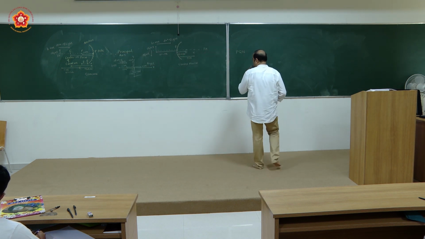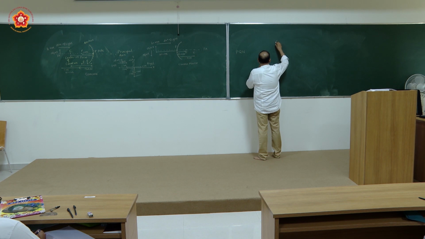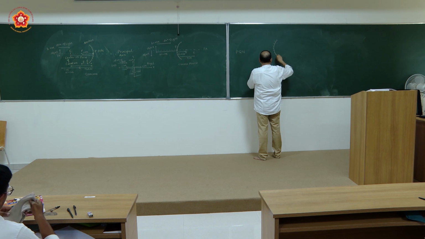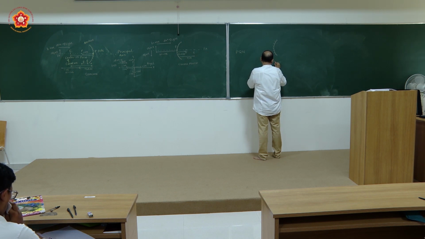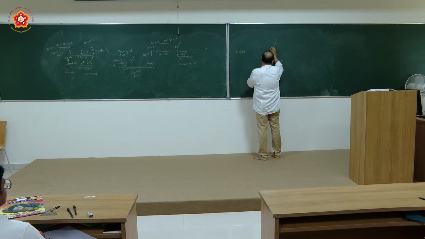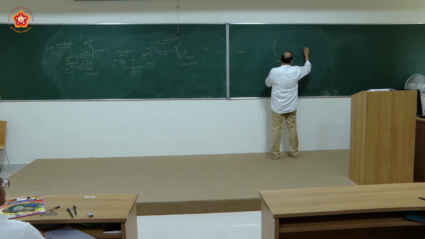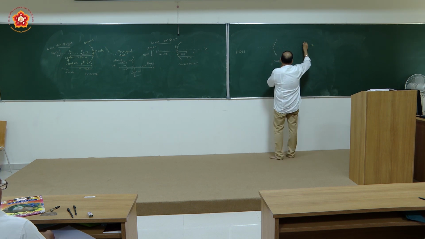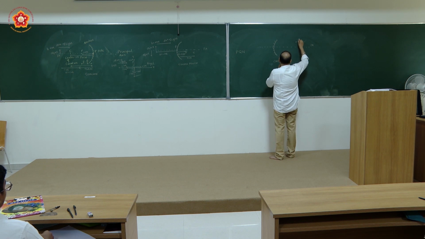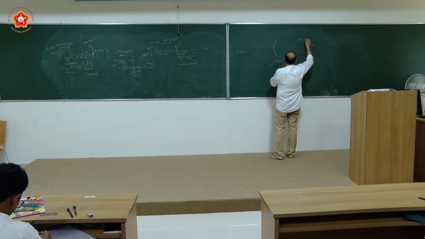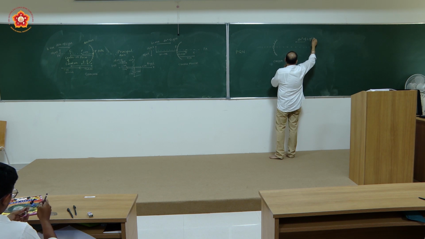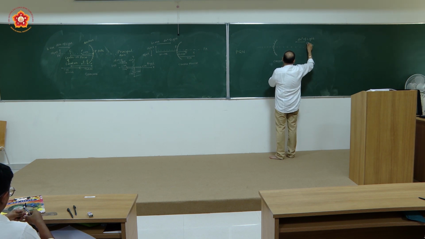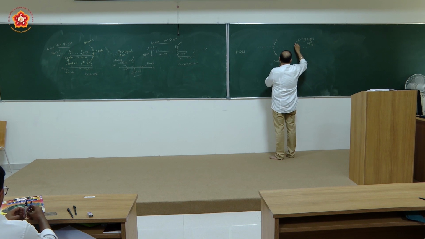Consider that we are having a concave mirror like this. Is it concave or convex? So this is a concave mirror. You are having this as the principal axis. And we are now having the light traveling from here. This is the direction of light. It is from right to left.